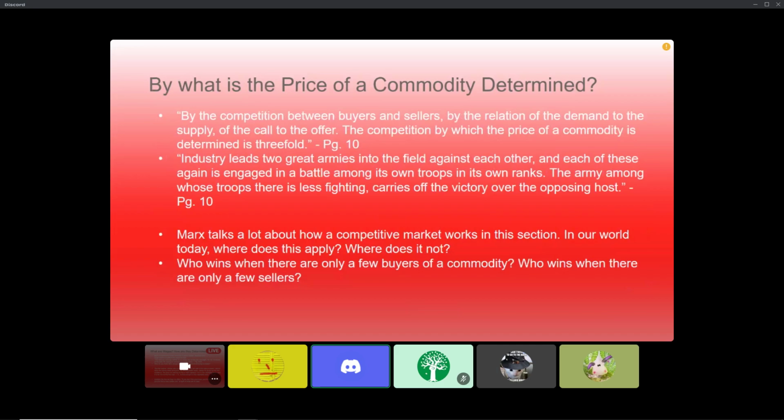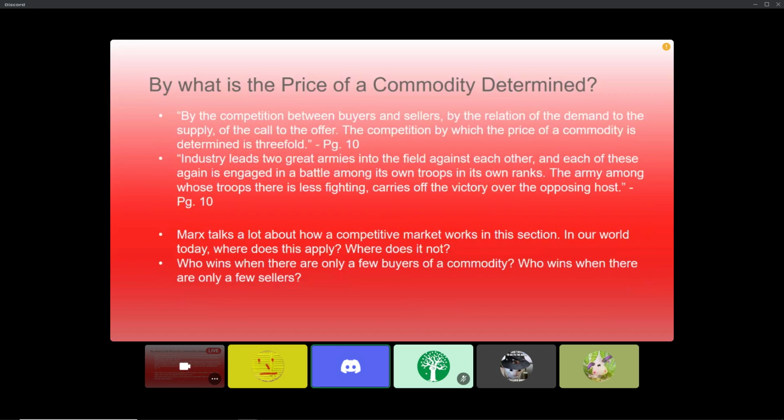And when he says an army, he's talking about the army of sellers or the army of buyers. All the people with a commodity that want to sell it for a price. The sellers want to sell it for the highest price. The buyers want to buy it for the lowest price. But when there's a lot of sellers, that means there's going to be a lot of competition to get that sale made. And so sellers are going to be tempted to undercut each other, offer a lower price to the buyers. The buyers can just chill and relax and say, all right, sellers, come to me with a really low price because I know you guys are desperate to sell, so one of you is going to have to go along with it. The flip side is true if there's